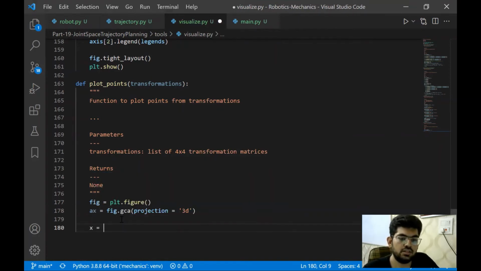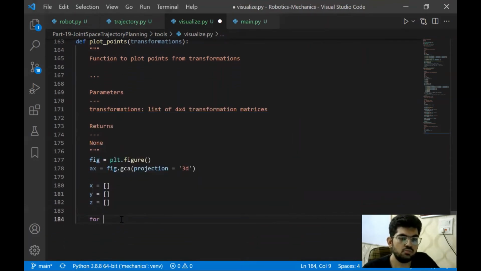All right. For that, we're first going to initialize this figure and make it 3D. So this is done now. Now we need to have X, Y, Z points. Then we're going to loop over all the transformations one by one and append X, Y, Z to the respective lists.